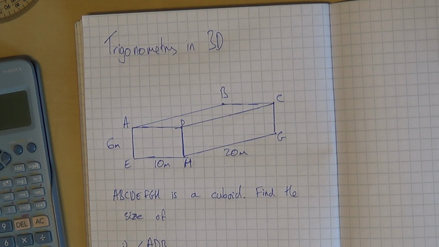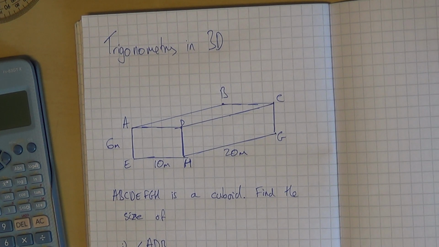Okay, still working in 3 dimensions. We're looking at trigonometry now rather than Pythagoras, but they're clearly all related because it's all to do with measuring triangles, lengths and angles. So, the trick here is the same as with Pythagoras. You try and visualize it or take a section out of the diagram that makes it much easier and look